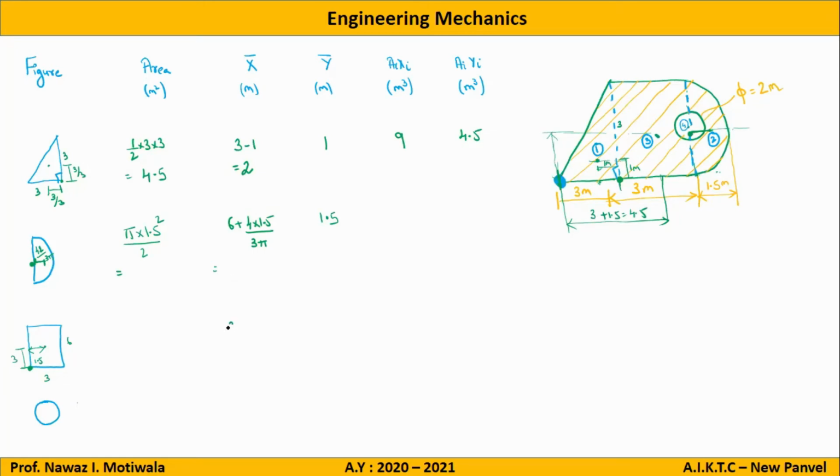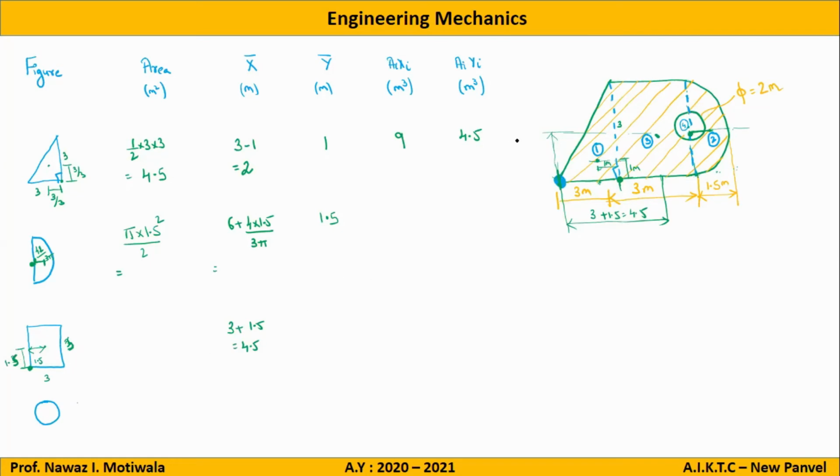It is 3. Sir, how did the side become 6? This was the height. You are talking about this height. Look, what radius was given to us for the semicircle? 1.5. So this height is 1.5, and the upper height is also 1.5. So what is the total distance? 3. Yes, it will be 3. So 3 by 2 will be 1.5.